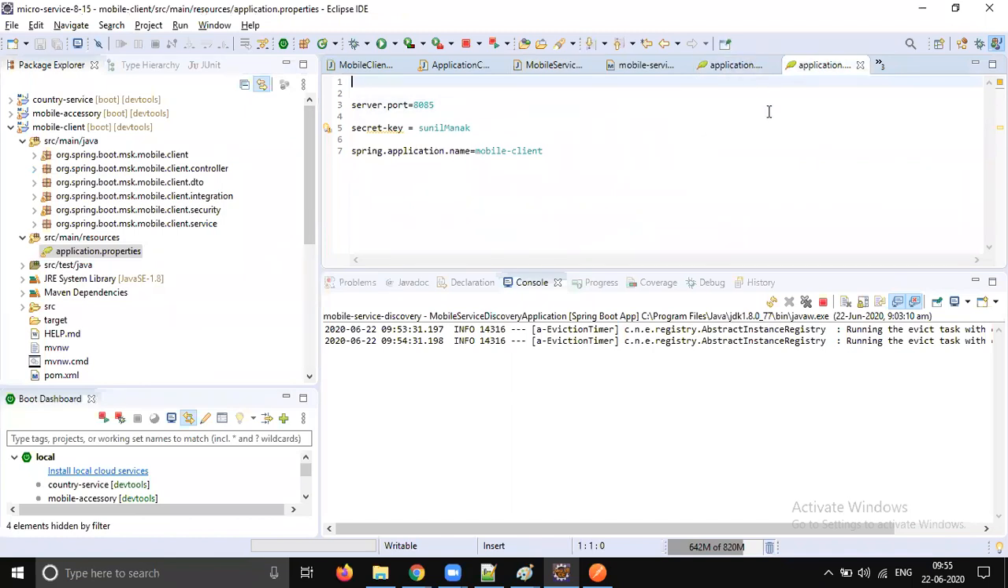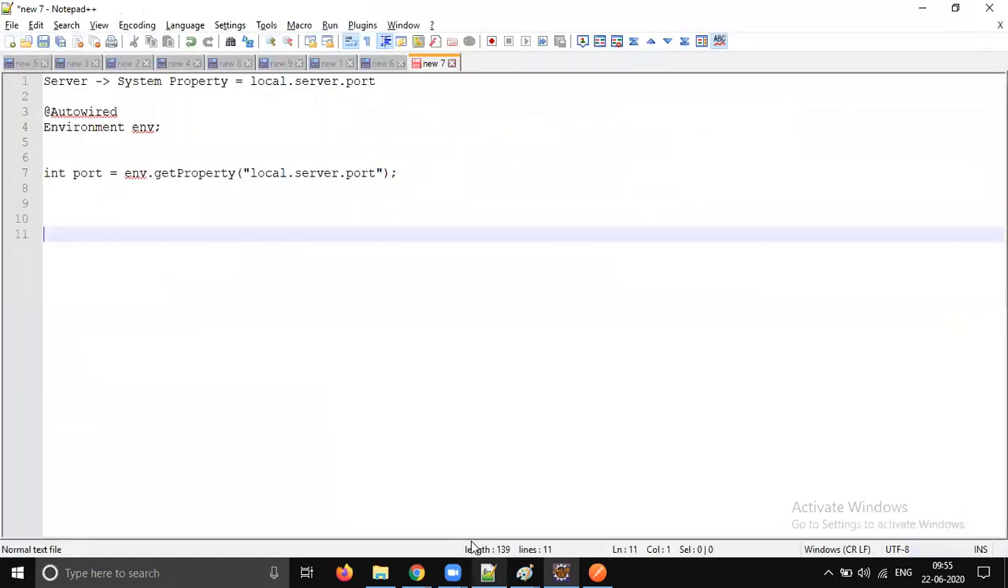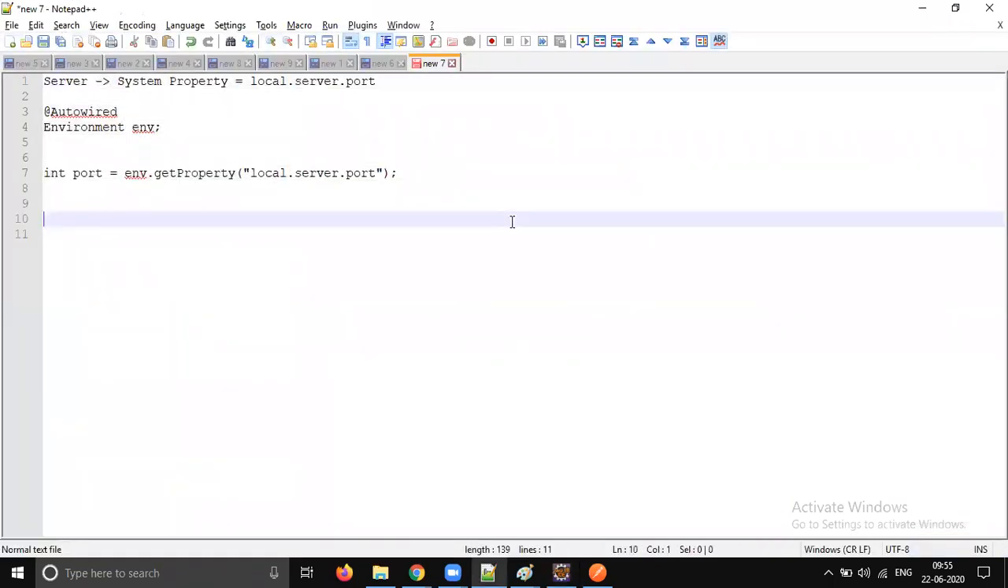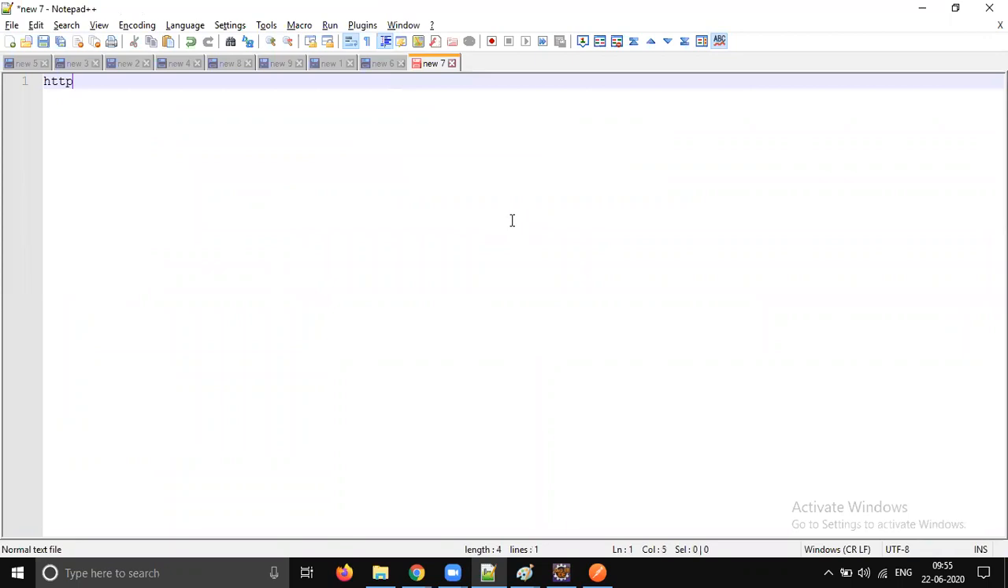So let's configure load balancer URLs here. The load balancer URL is going to be something like this. For example, if you would like to hit mobile service, then you send a request to the load balancer. So localhost:8762, what is the URL? Localhost:8762/mobile service. This is the configuration we did in the